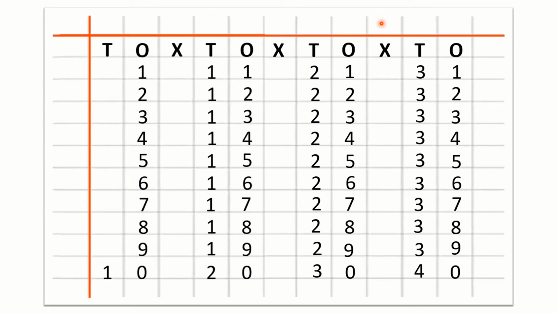So first, you know that after O, we will write a cross, and under the cross, we will not write anything. So after the cross, we will write T means tens, and then O means ones.